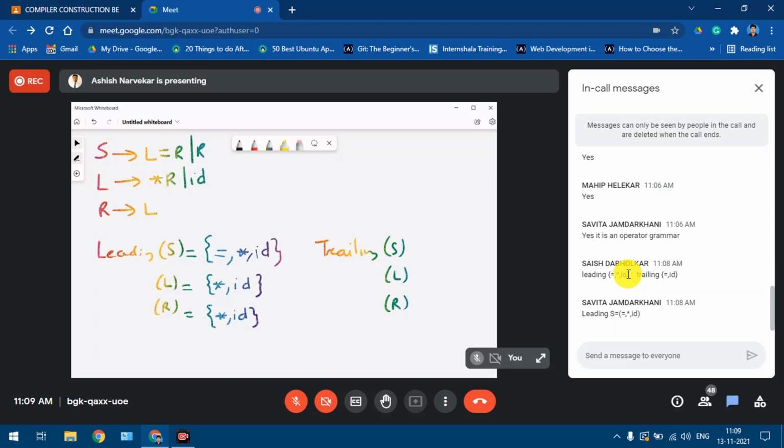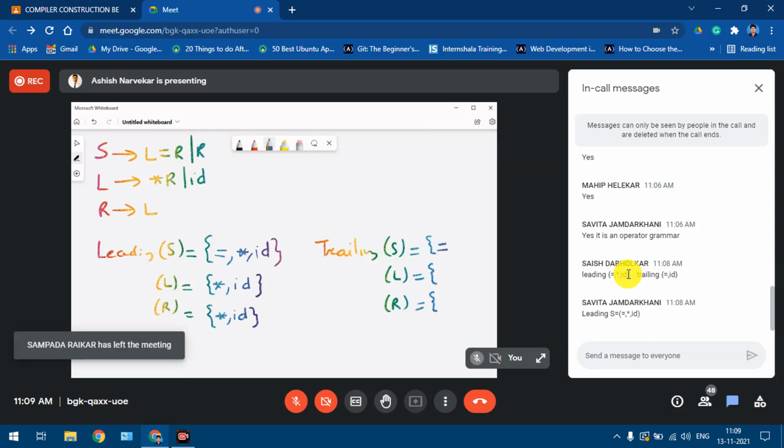Let's see. Saish is saying leading of S is equal to star and ID. Okay, that's right. Then trailing of S looks like it will be the same. Trailing of S will be equal to trailing of R, as per the rules.